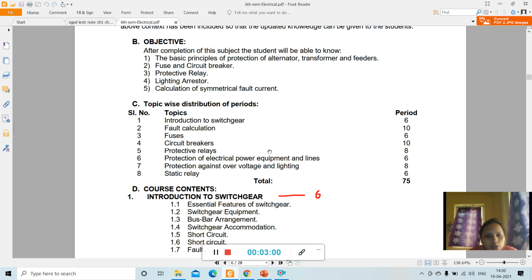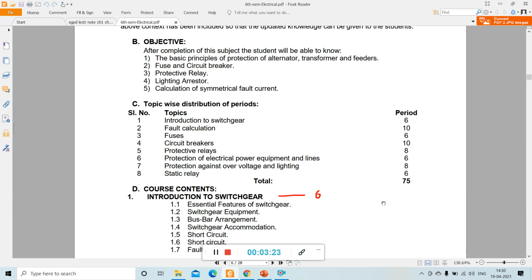here basically we need to study all these protective devices for the protection of electrical power equipment and electrical lines. So electrical power equipment basically covers both indoor and outdoor systems. Okay, so indoor system means our domestic systems, like our household equipment and equipment used in industries. These are the domestic equipment.